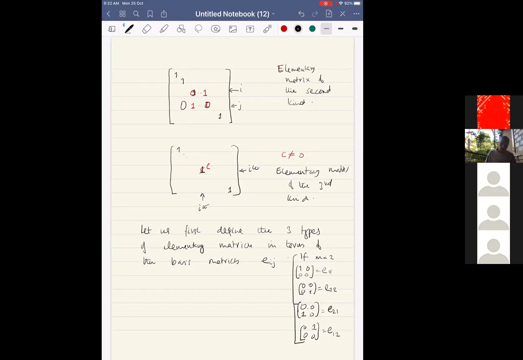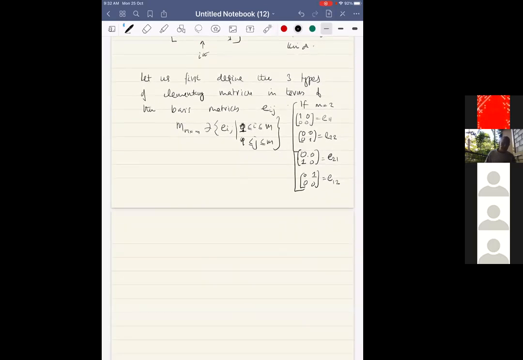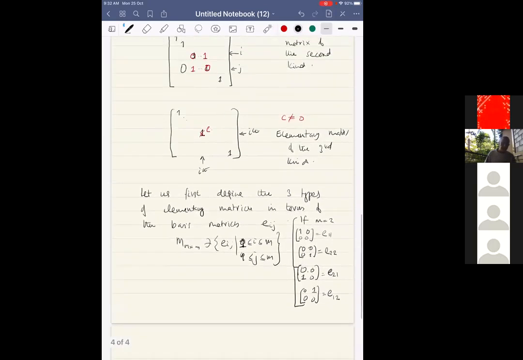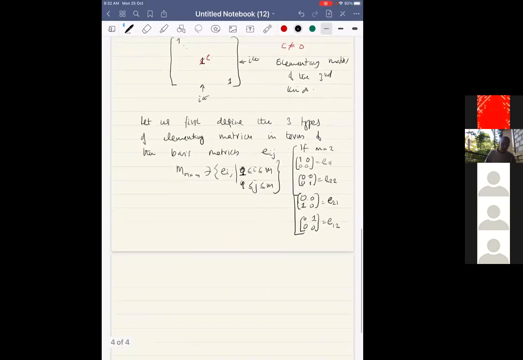So if I look at m cross m, there are Eij, with 1 less than or equal to i, j less than or equal to m. There are these m squared matrices of size m cross m, which form a basis for this vector space. And you can describe elementary matrices in terms of this basis. For example,